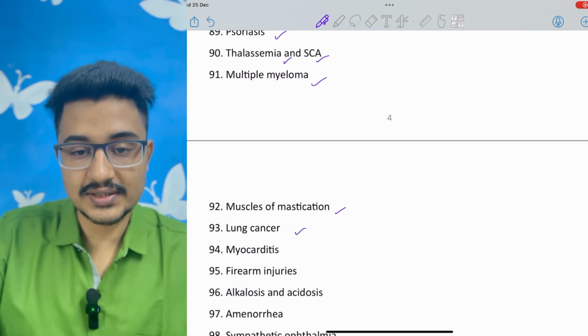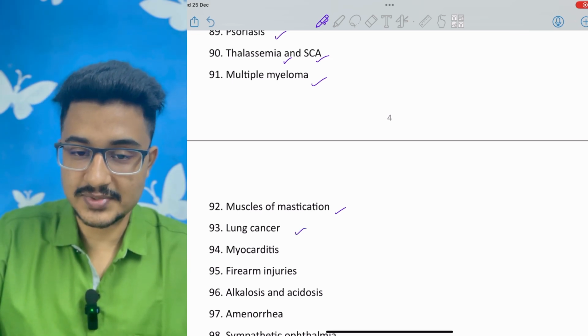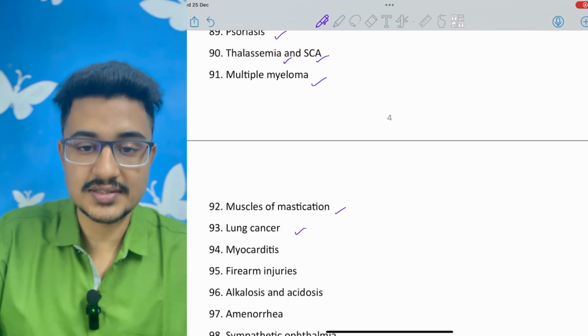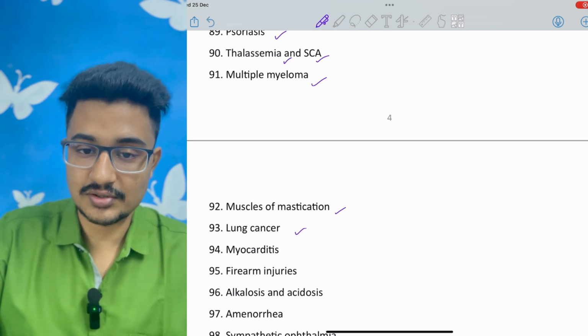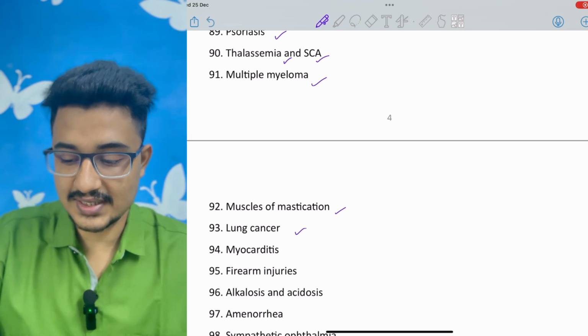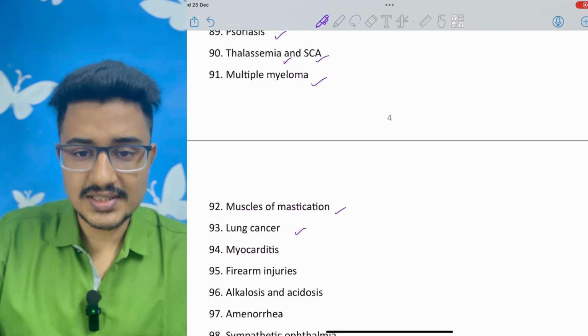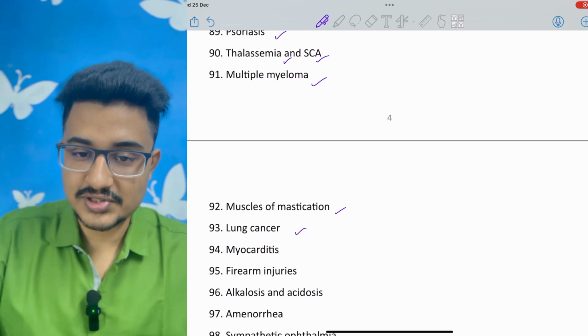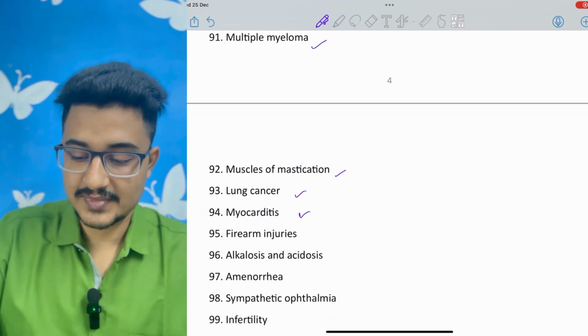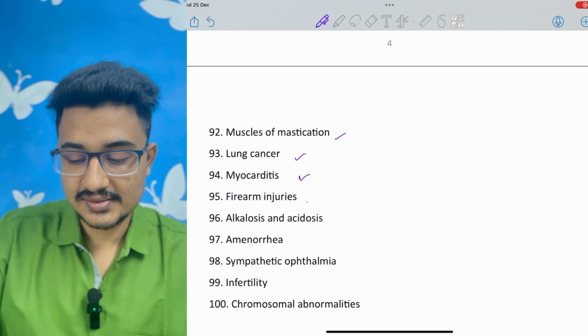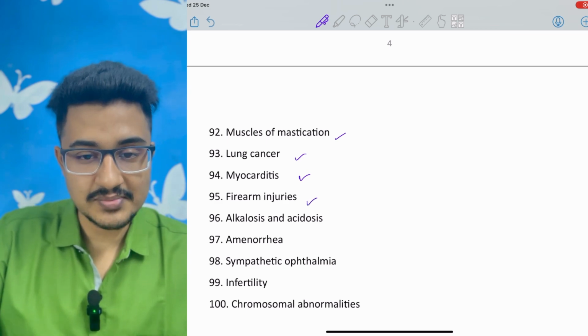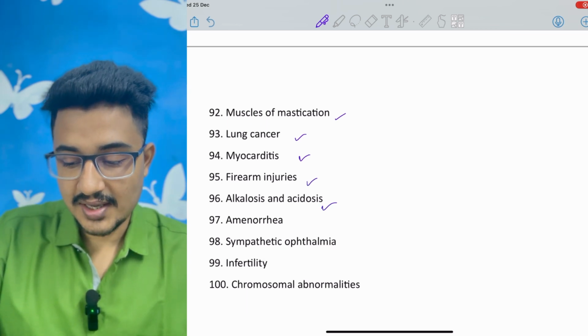Lung cancer, what are the different types of lung cancer, especially the histopathological variants, and the small cell cancer, non-small cell cancer, squamous cell cancer. The staging is not that much important in perspective of NEET PG. Myocarditis, firearm injuries and Marshall's triad. Alkalosis and